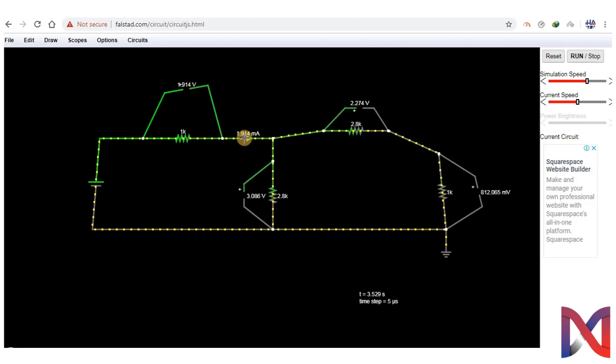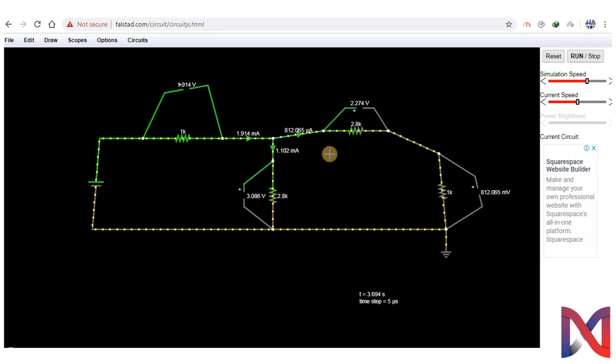We get our current as 1.914 milliampere. We will delete this and try to add another ammeter here. We get our current as 1.102 milliampere here. Now we will delete the third point and add our third ammeter here.